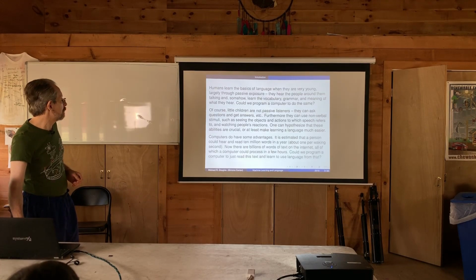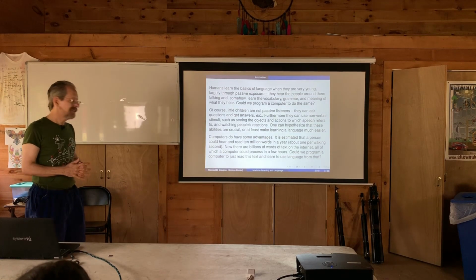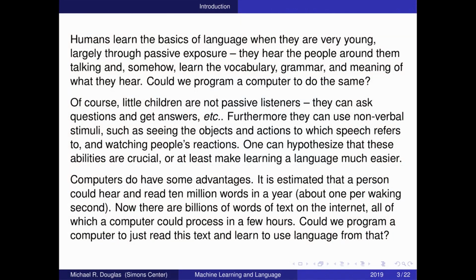So could we program a computer to do that? Okay, well, that certainly saves a lot of the trouble of making this robot and all these other things. And in particular, there's a huge amount of text on the internet these days, and a computer can process it very fast. So if you think about it, and this is an easy calculation to do, take the number of seconds in a year, it's about 20 million,